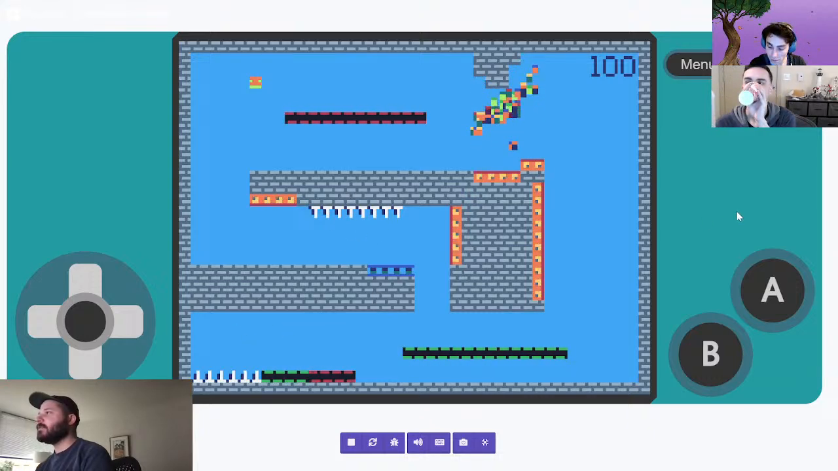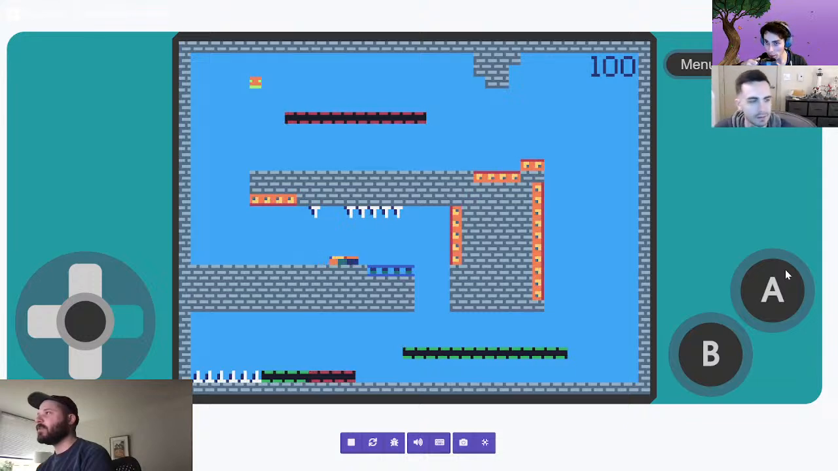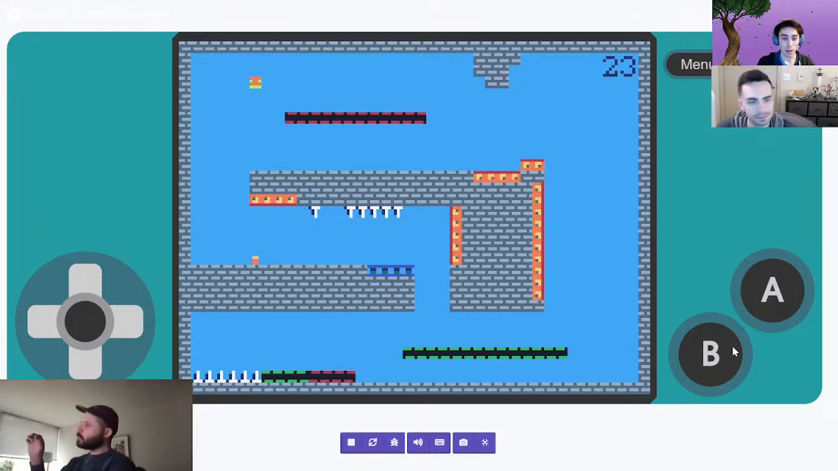We have spikes. We have trampolines. Some of the spikes fall when you get close to them. Bam. There we go. Oh, all my meeples dodged that one. And then when you touch a trampoline, you get launched up. Yeah, I just killed all but 23 of my meeples. The meeple count is up there in the top. So